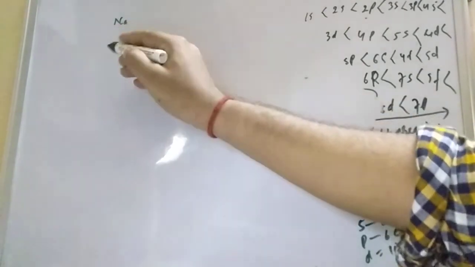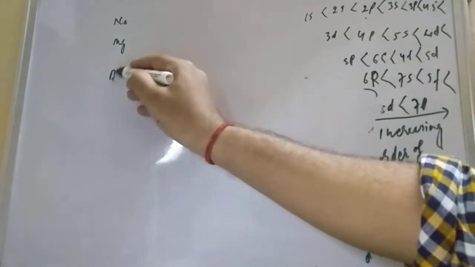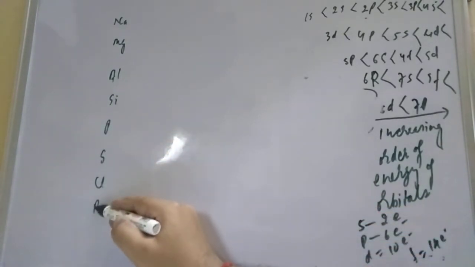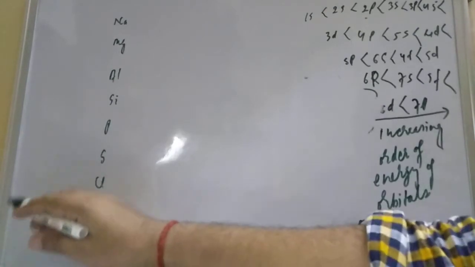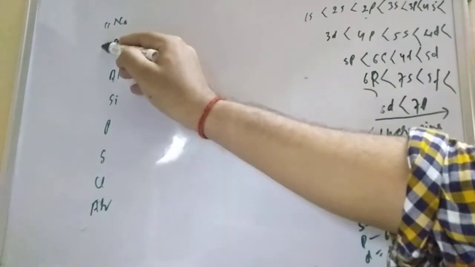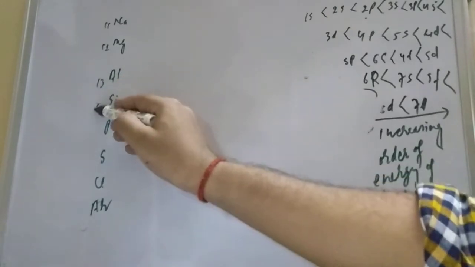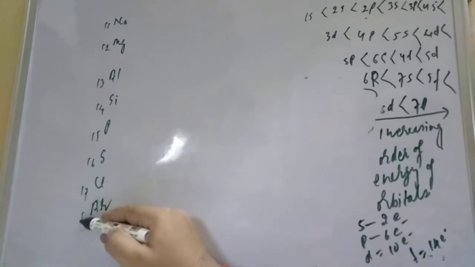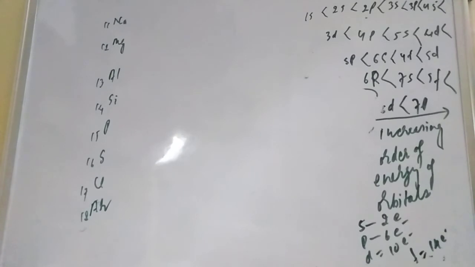Now after neon what will come, student? Let us move to some other elements. What other examples can you check, student? That is sodium, magnesium, aluminum, silicon, phosphorus, sulfur, chlorine, okay. After chlorine what will come, student? Argon. So okay, let us write down their atomic numbers, student. 11, here is 12 electrons, 13 electrons, this is 14 electrons, 15 electrons, 16 electrons, 17 electrons and 18. Now do the configuration according to the above rule, student, how you will be able to do the configuration.